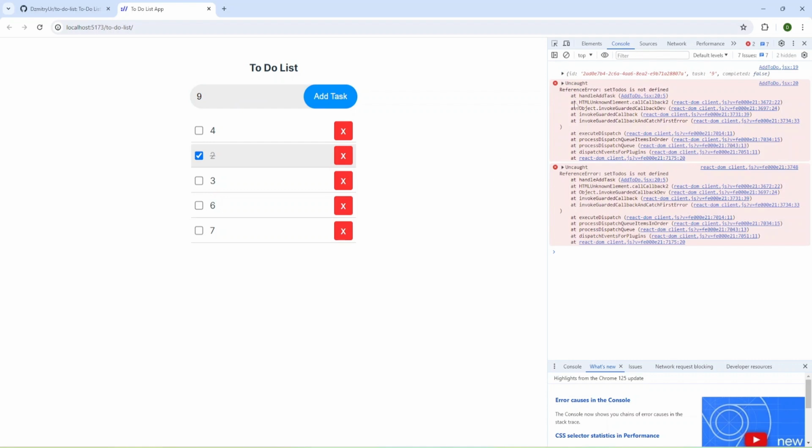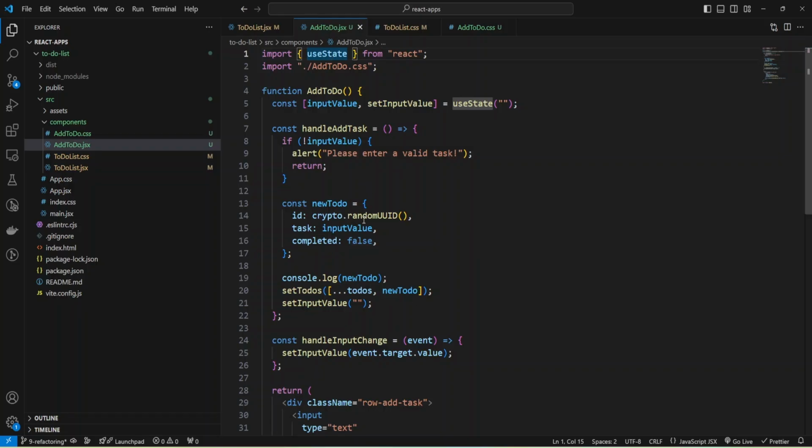And add doesn't work because setTodos is not defined, and we passed todos into props, but we haven't checked it here, and we need to retrieve these props here, and I'm using object destructuring, just provide names, todos and setTodos.